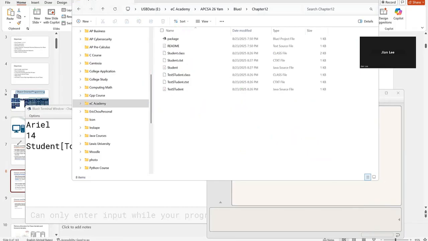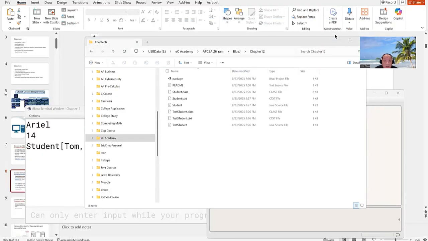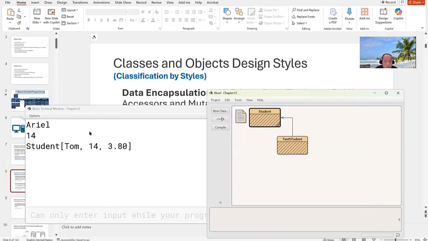Okay, that's the second level. Third level called protected. Protected means that only your children can see. Your children or your parents can see. Okay, what does that mean? That means